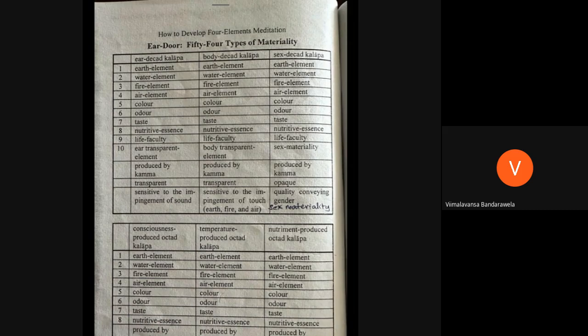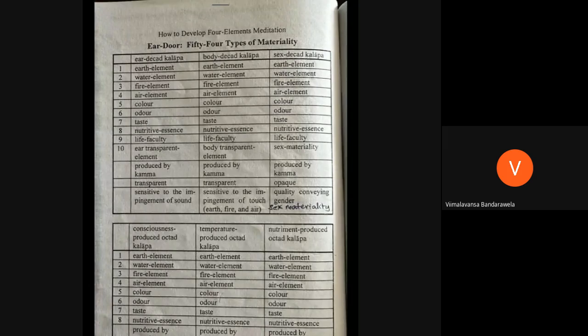This is very clear. In the same way, not only to the ear door, I do also this aharaja materiality, or the aharaja attamaka kalapa, or the nutriment produce octad kalapa, spread to every door, every 6 sense door, all over the body. These are aharaja materiality. You can see those are pervading towards each of the doors and the 32 parts. Even to the mind door, Bhante? Yes, yes, mind also. Mind also has aharaja produced rupa kalapa. Okay.